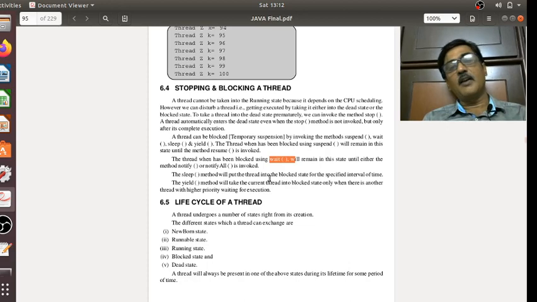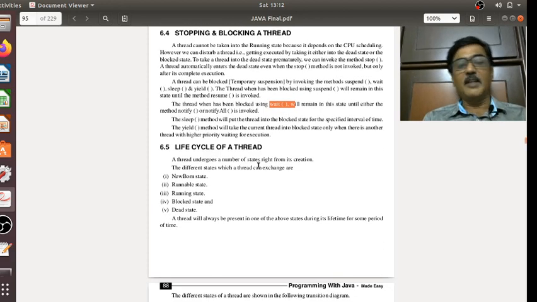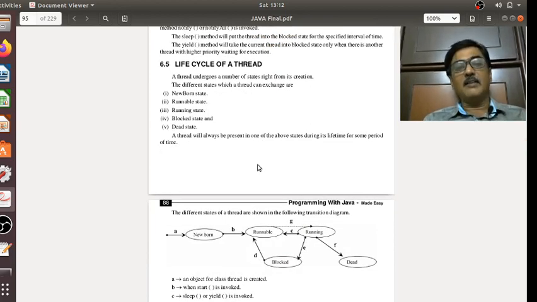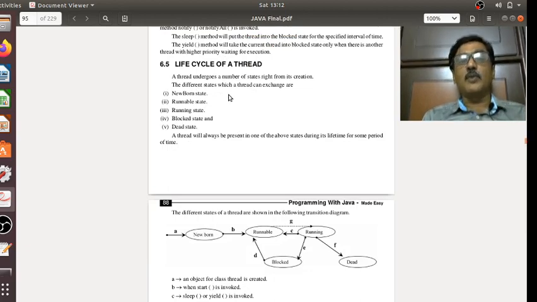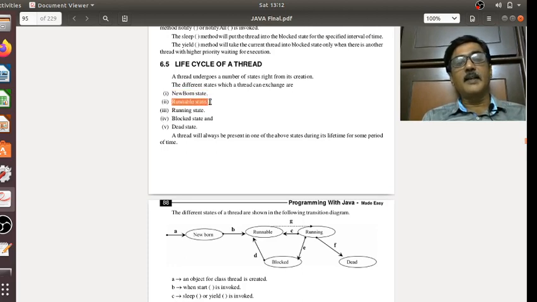Before we discuss stopping and blocking a thread, it is very necessary to understand the life cycle of a thread. Any thread which is created by us would undergo different states right from its creation. The different states a thread can be in are newborn state, runnable state, running state, blocked state, and the dead state.